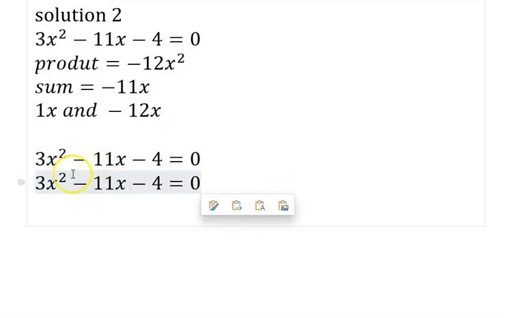So instead of what we have at the middle, we just put 1x and minus 12x. Don't forget, 1x is still the same thing as x. So if you remove this 1, you are still saying the same thing as x. So it's either you put 1x or you put x, it is still the same thing, so that we will not get ourselves confused. So here now we have